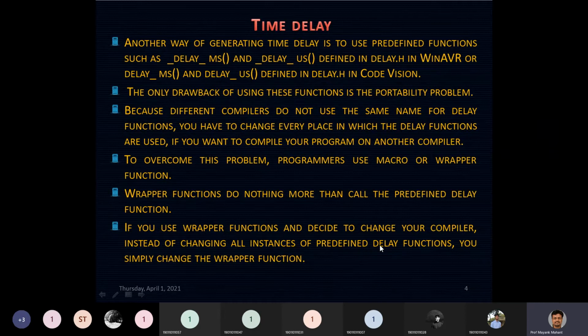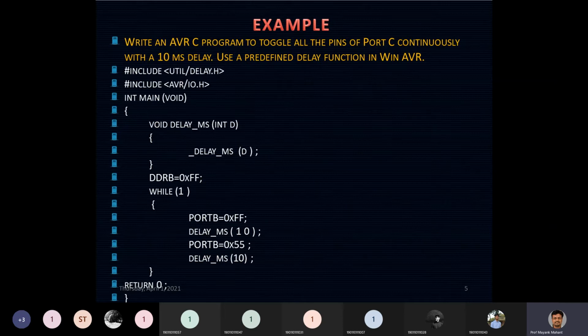That is why we generally use a wrapper function for generating a time delay, because the names of the functions are different. Let's say your delay function exists at 10 different places in your code. If you change your compiler, you would need to change the name at all 10 instances. The other way is to define a wrapper function. If you change the name only in the wrapper function, that is reflected in the whole code.